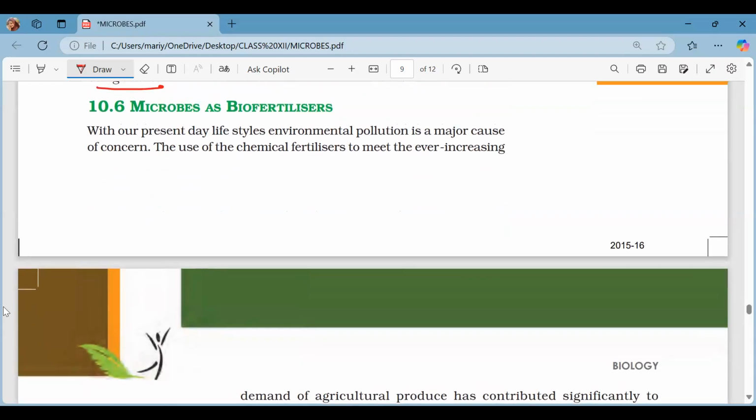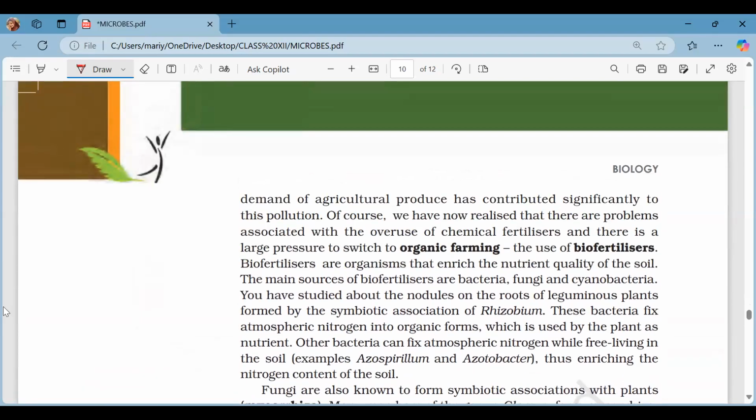Now comes microbes as biofertilizers. With our present day lifestyles, environmental pollution is a major cause of concern. The use of chemical fertilizers to meet the ever increasing demand of agriculture has contributed to the pollution. So now biofertilizers are used. Now, in that,